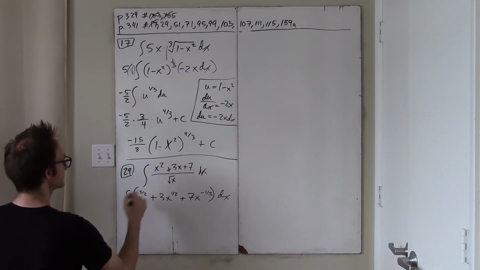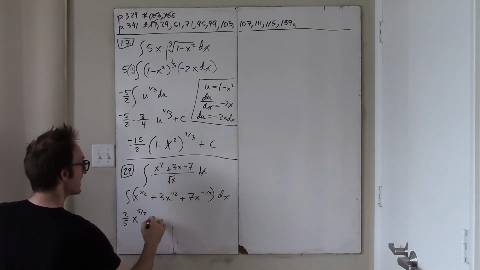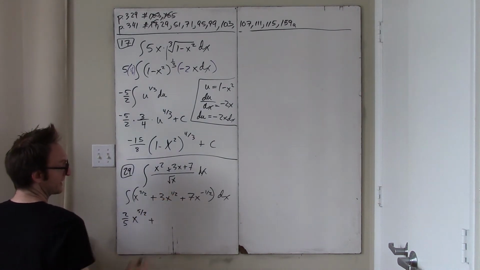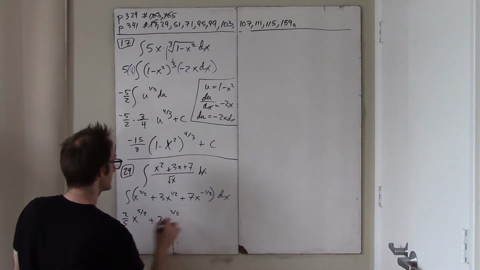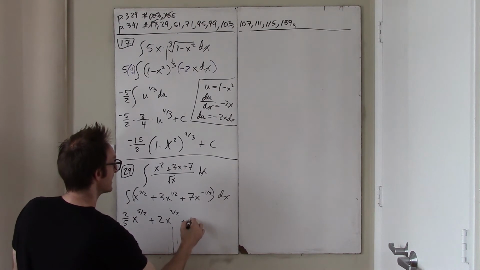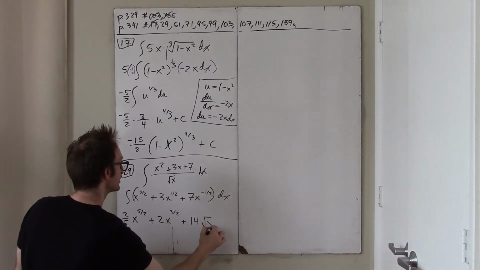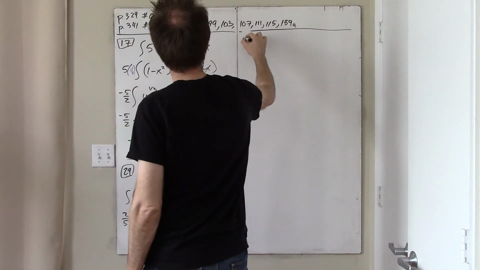So this becomes 2/5 x to the 5/2 plus that goes up to 3/2, and so it's 2/3. So it's 2x to the 3/2. That's just right. Plus, and that's up to the 1/2 divided by 2, so 14 root x plus c. Whew. Okay,